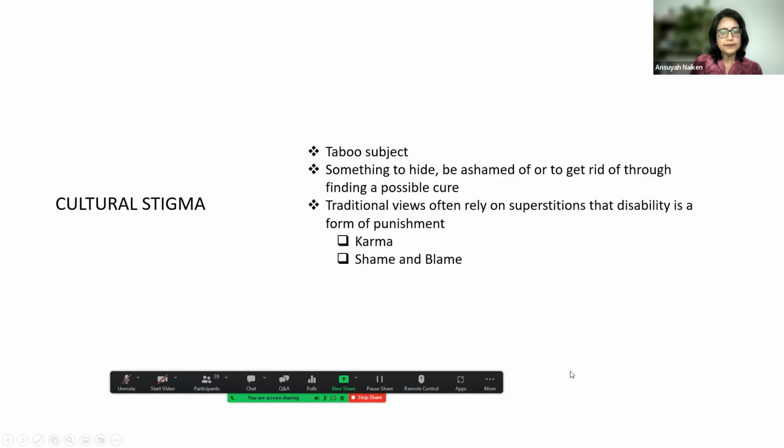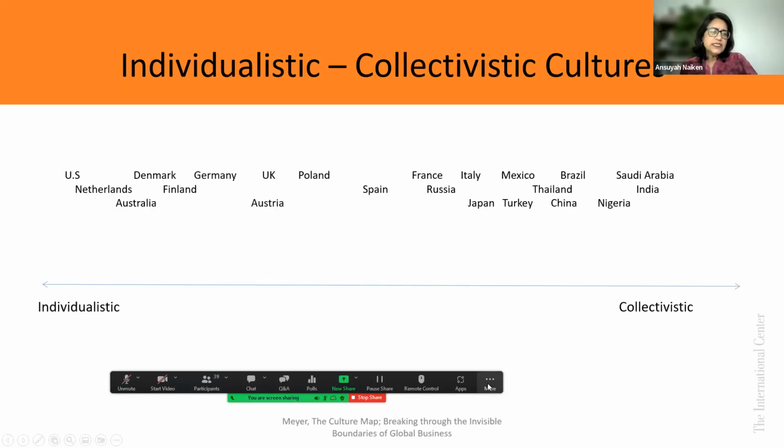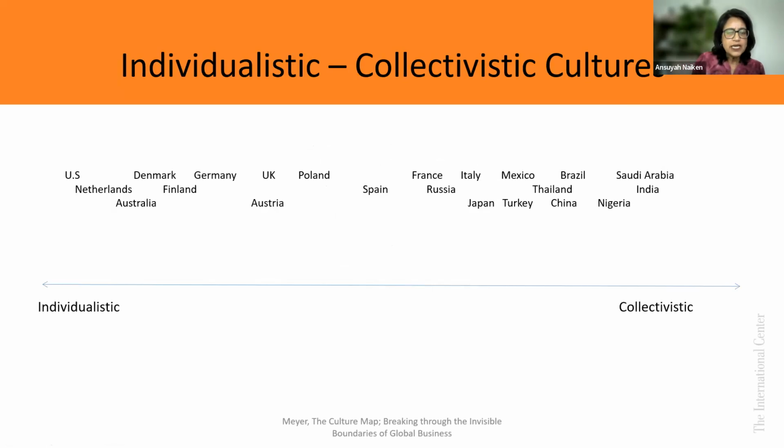Next slide, please. So what this slide shows is based on some kind of research, and I have the name of the book at the bottom of the slide. It's Erin Meyer, and the name of her book is The Culture Map. She talks a lot about different cultures, or nationalities, around the world and how we as a culture respond to different things. And in this particular slide, on the left-hand side are individualistic cultures. On the right-hand side are the collectivist cultures.